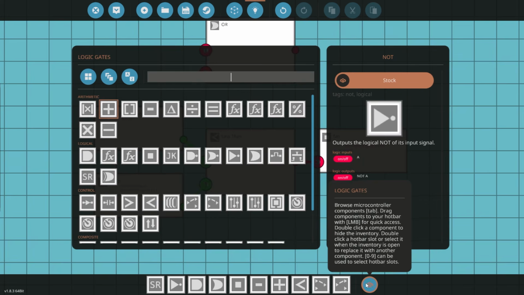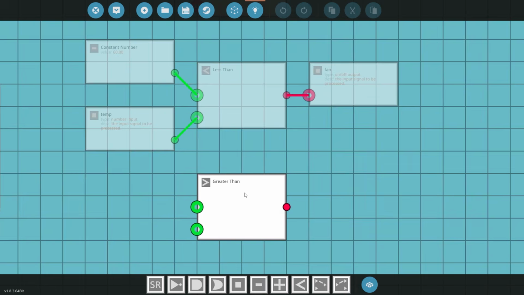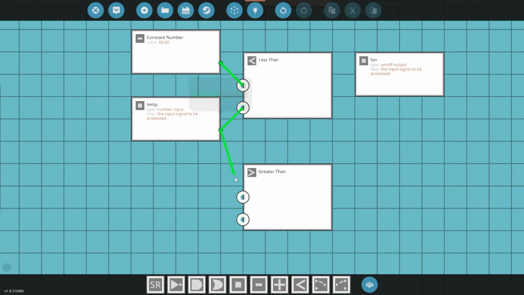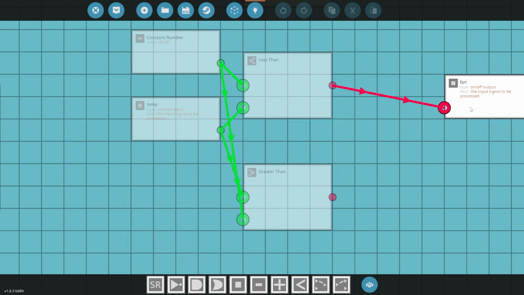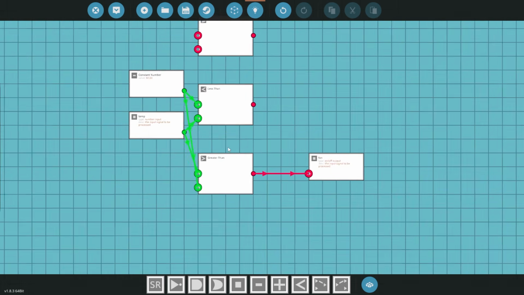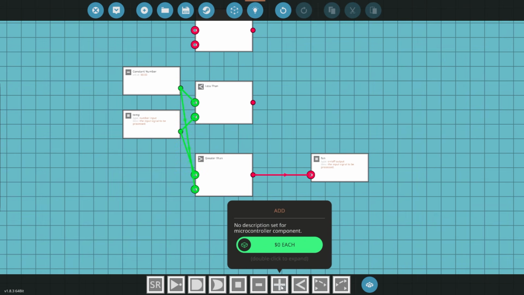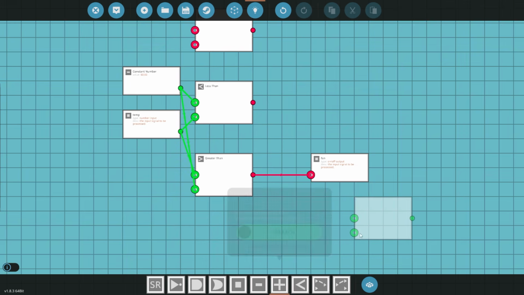So you could do that, or you could go to the greater than function and have it like this. If the temperature is greater than this, these mean the same thing. So that's using this. So the less than function, add, I have that as well as my standard go-to,